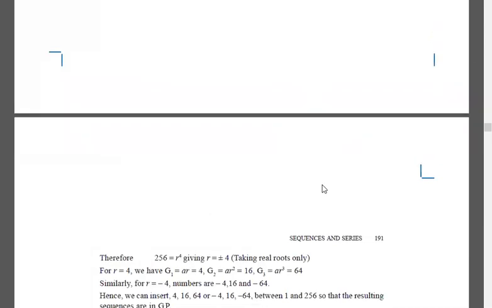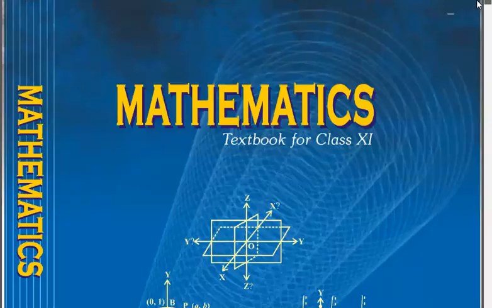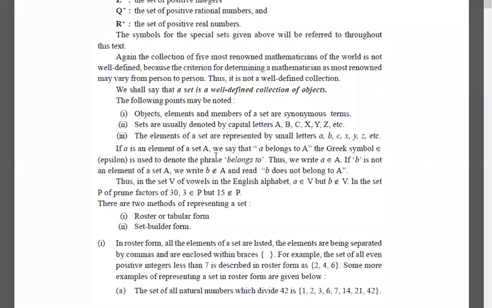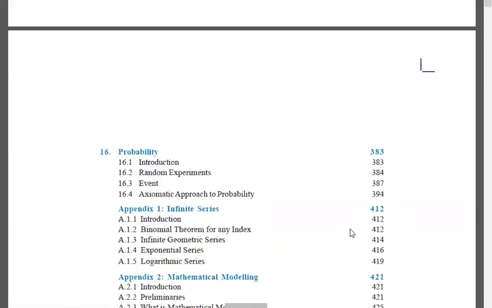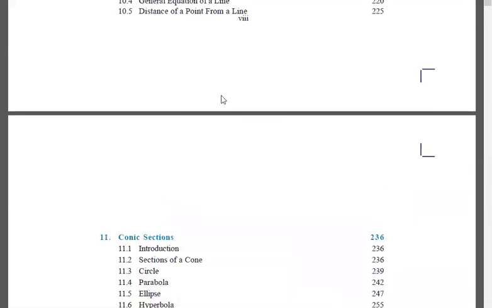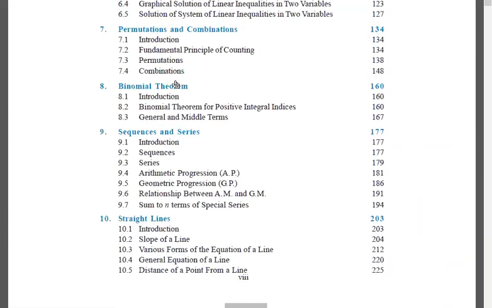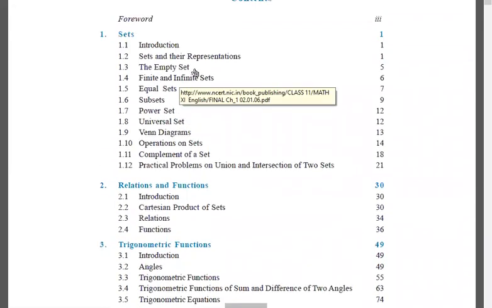We will have one more class on sequence and series. Next week we will complete this sequence and series. Now let's try to see which chapters we have already finished and which chapters we will finish. Maurya, I'll upload it. You can just give whenever you feel like, no issues.